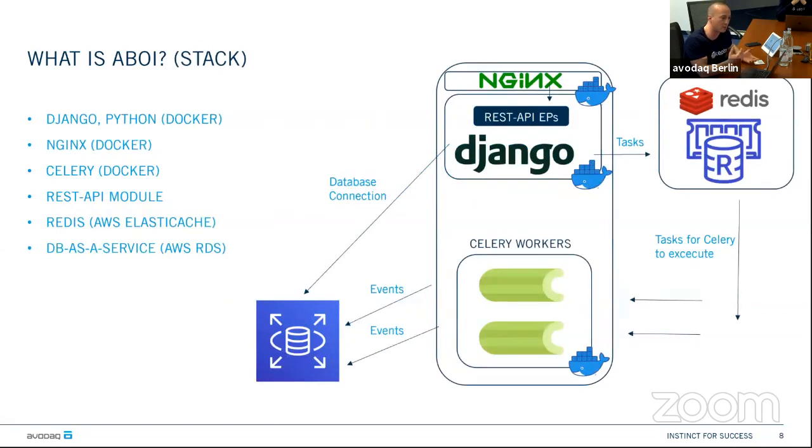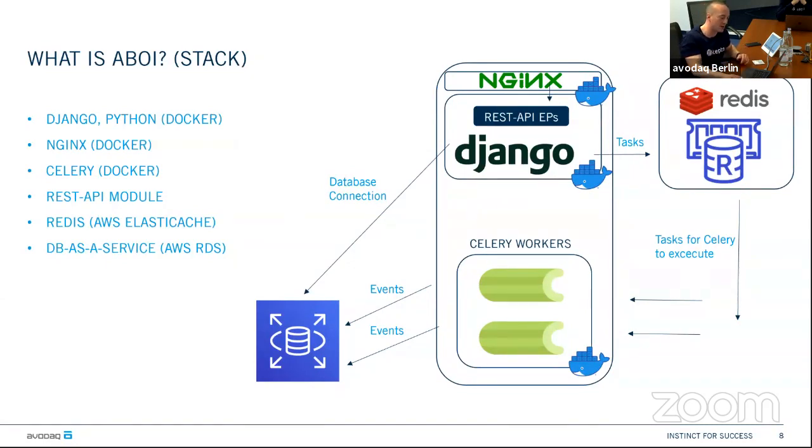So, we built the application, I would say, 2.5 years ago. And 2.5 years ago, we tried to leverage all the cool stuff that was at this point available for us in our team. As you can see, every part of the service actually runs in a Docker container. So we are leveraging a lot from the AWS cloud. We are using the RDS database. We are using Elasticache, which is provided as a service. And I would say the architecture was quite okay, quite nice.